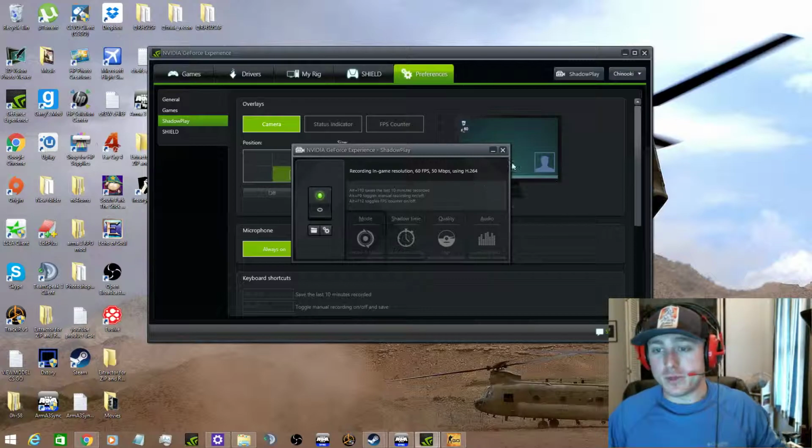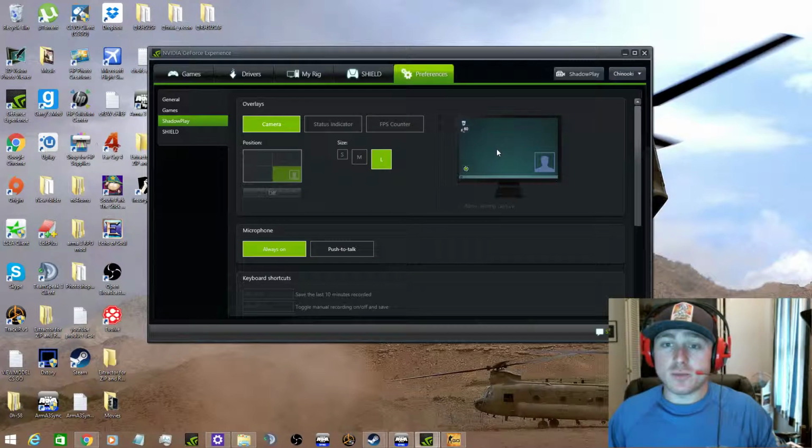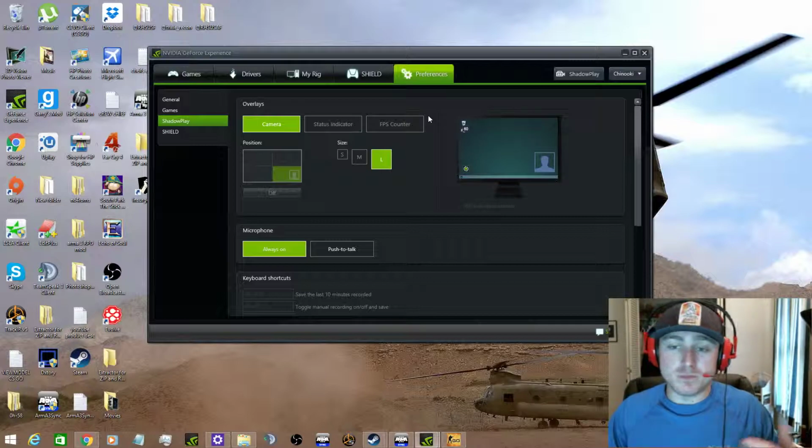So let's talk about Shadowplay, how to set it up, what it is. Shadowplay is basically NVIDIA's totally badass